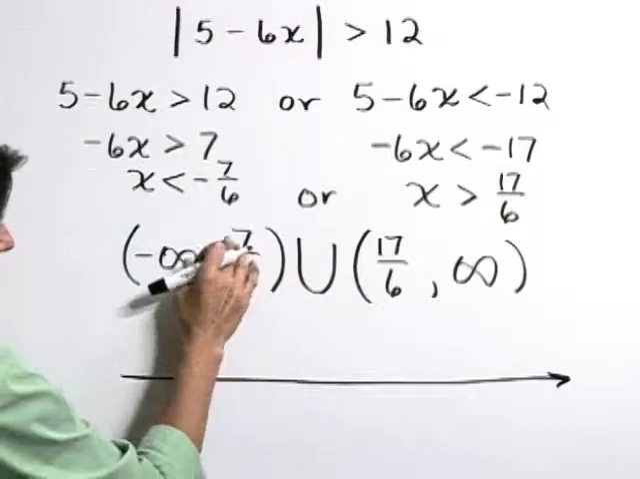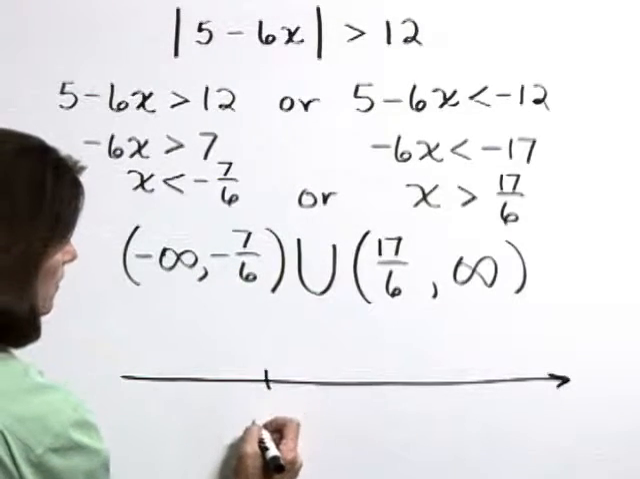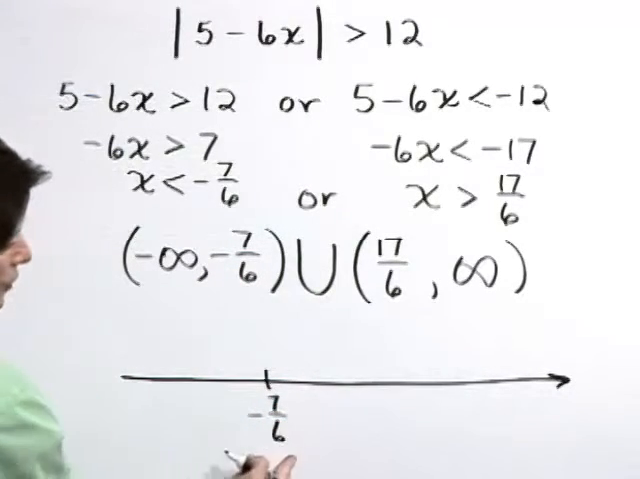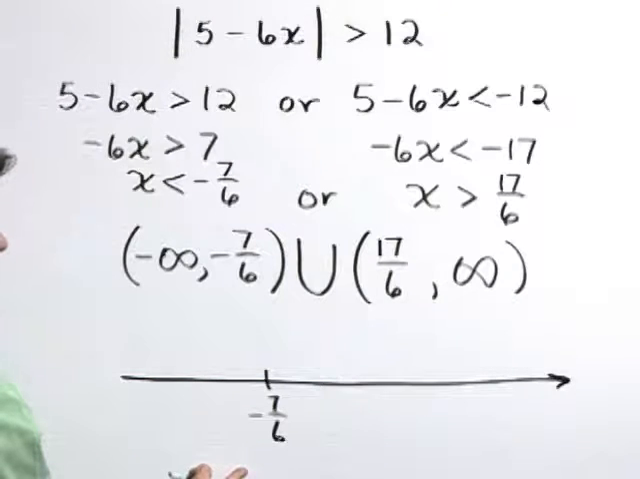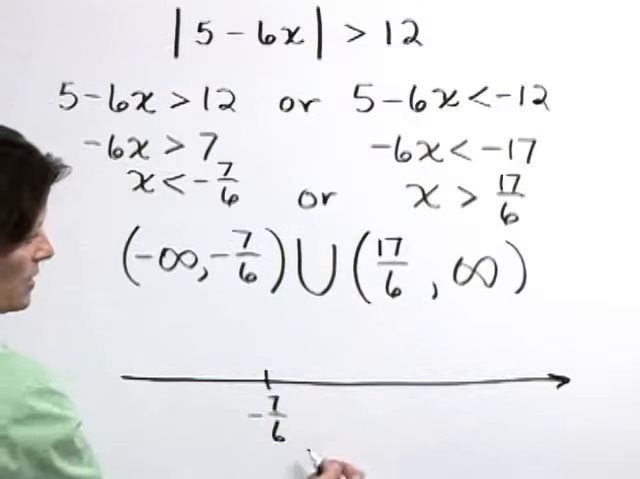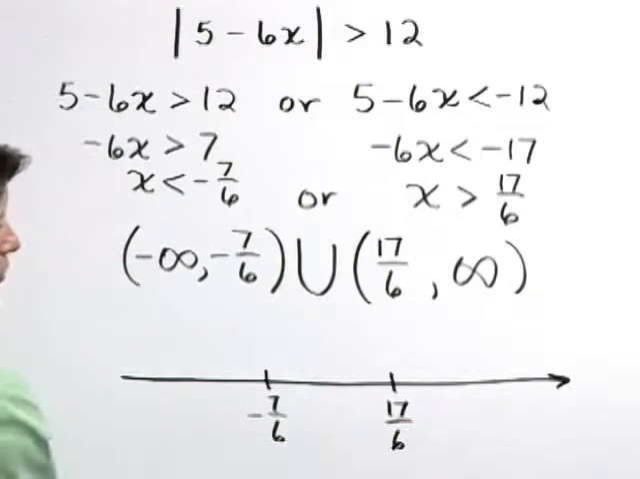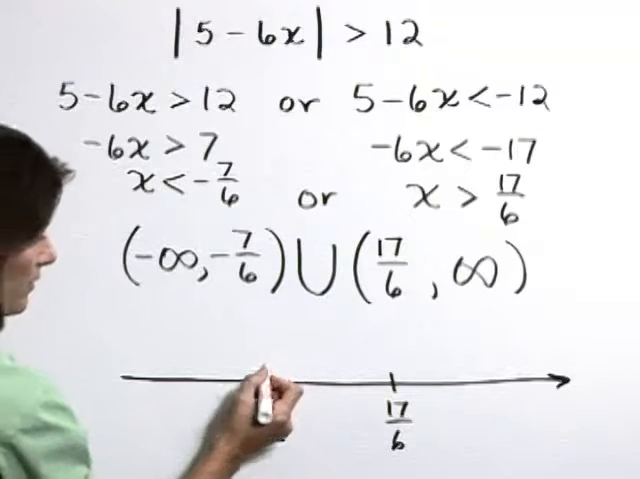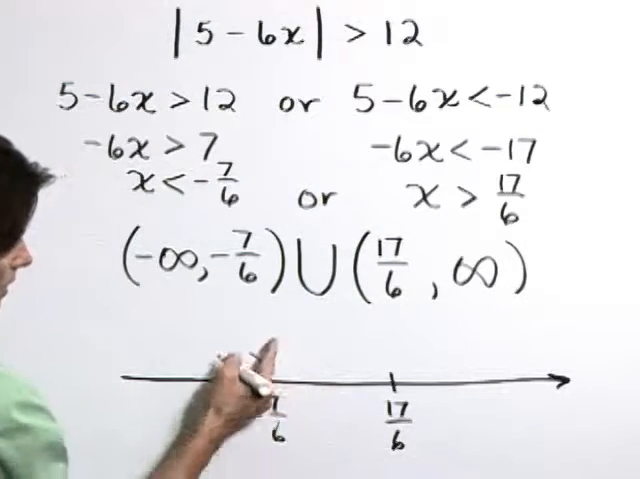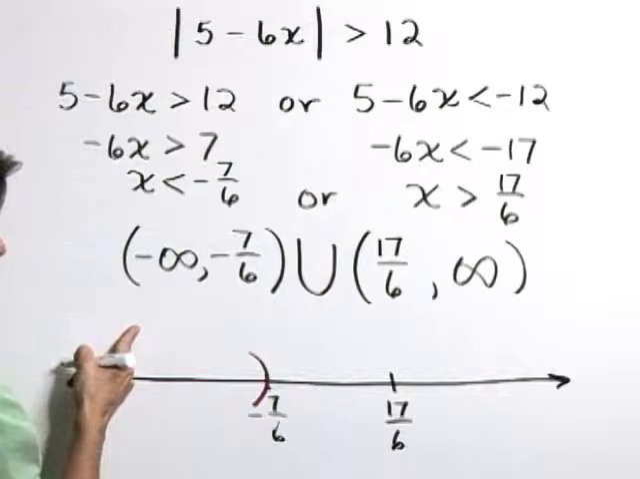I'm just going to locate a negative 7/6. We know that's to the left of 0 on the number line. Positive 17/6, that would be to the right of 0 on the number line, and definitely to the right of any negative number. Now, as far as our graph, let's use parentheses, as we did in our interval notation above,